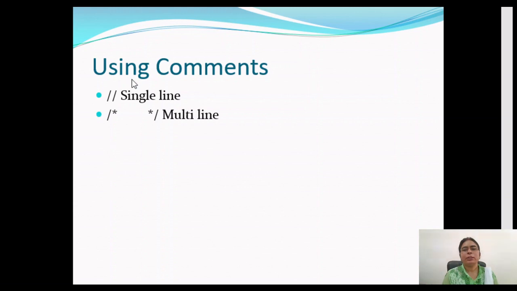So to start the multi-line comment, we will use slash star, and to end the multi-line comment, we will use star and then slash. Okay. Now we will move on to the editor to make a simple program and to execute it, to show you how we can make a program and compile it in C.